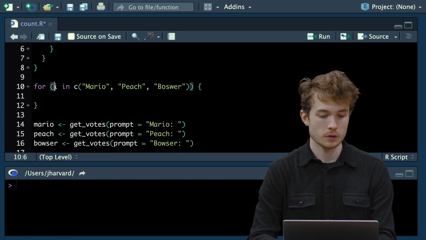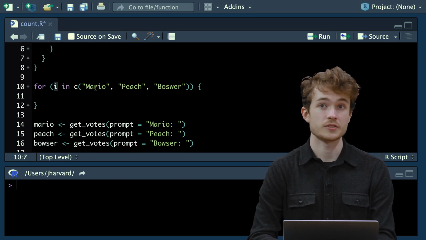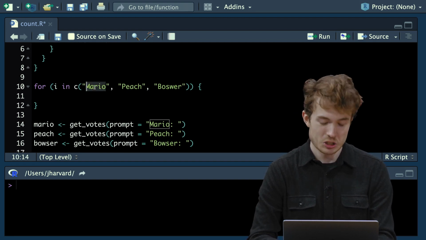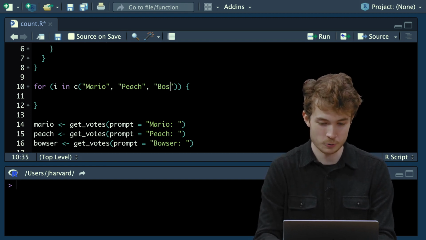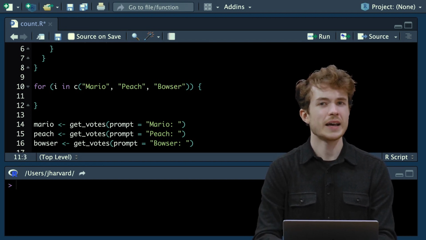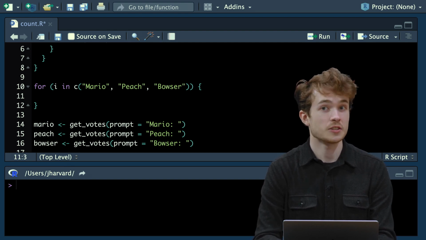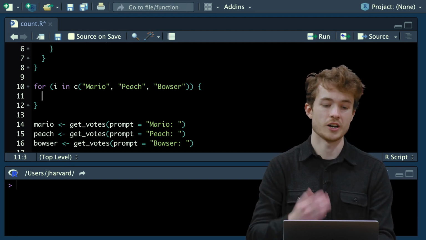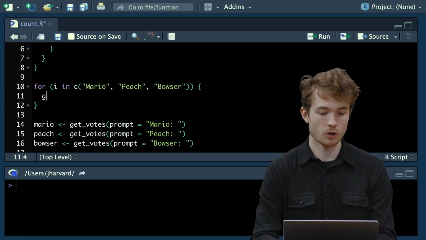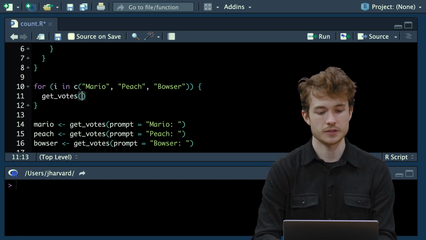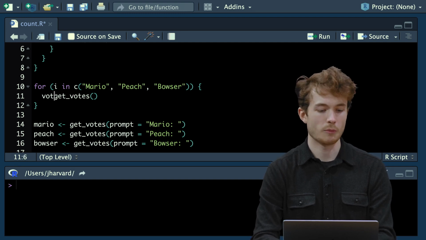Well, each loop, I will first be assigned some new element to my vector. First it will be Mario, then Peach, then Bowser, just like this. And then I want to, in this case, ask the user for some number of votes on each iteration. First for Mario, then for Peach, then for Bowser. So I could probably simply call get votes, just like this, and maybe store it in some object called votes,